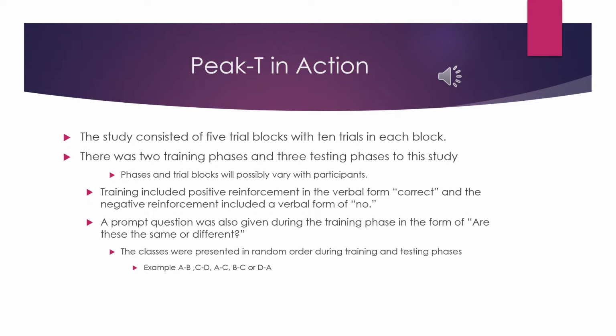However, training included positive reinforcement in the form of the experimenter stating "correct," and negative reinforcement in the verbal form of the experimenter stating "no" when the participant responded incorrectly. A prompt question was also given during the training phase in the form of, "Are these the same or different?" The classes were presented in random order during